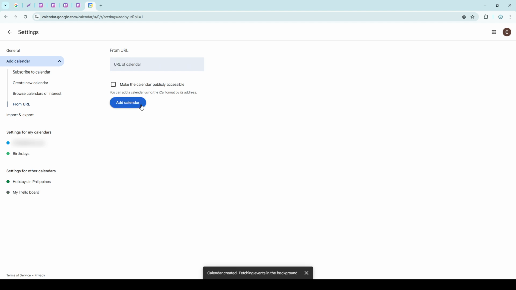Next, go over to Google Calendar. Once there, look at the left sidebar for the section titled Other Calendars. You should see a plus icon next to it. Click on this icon, which gives you several options for adding new calendars. Choose the option that says From URL. A field will appear where you can paste the iCalendar feed